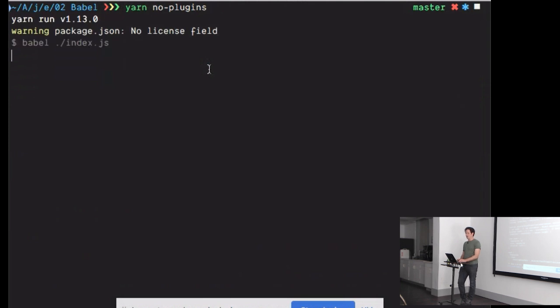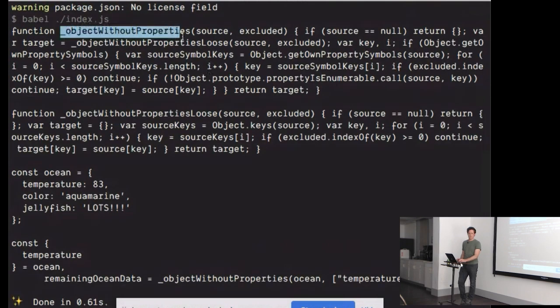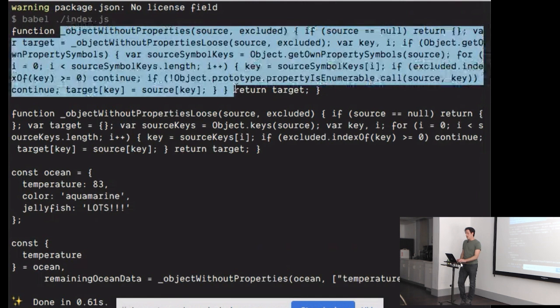All right, there you go. It stuck this whole object without properties blob into the code. All right, so